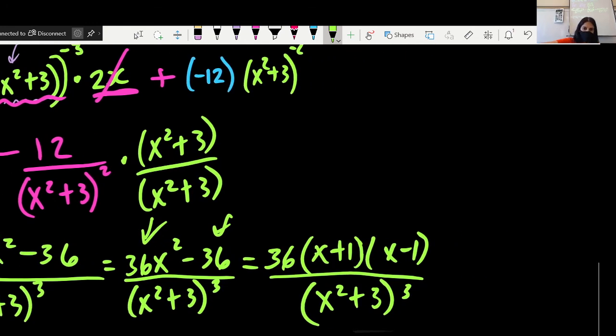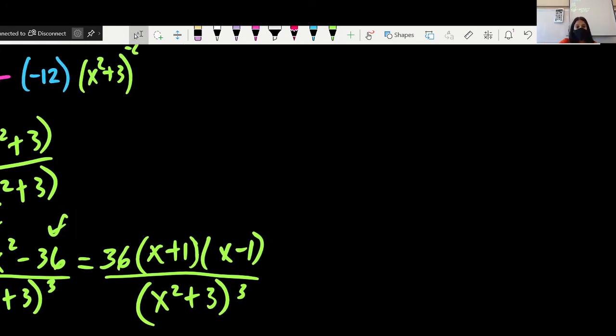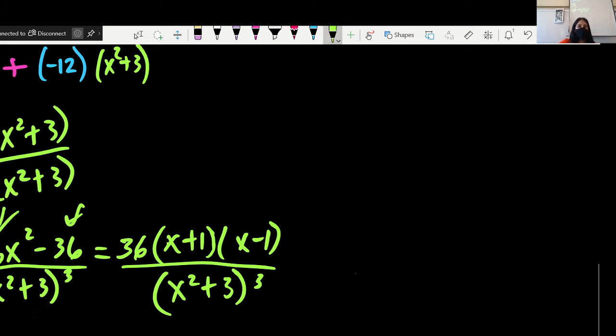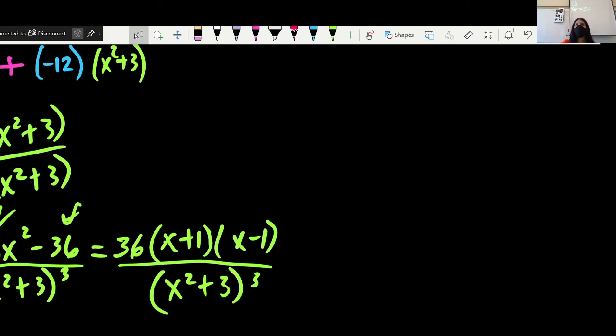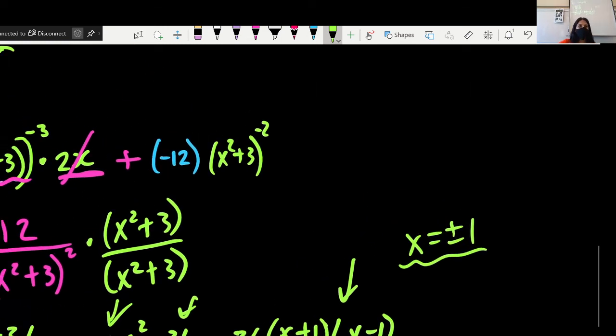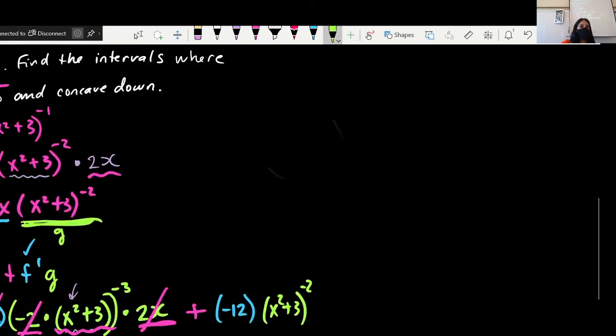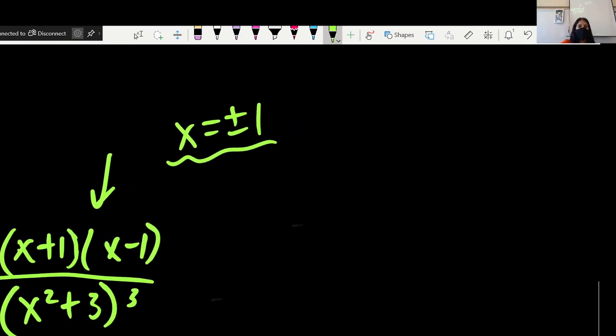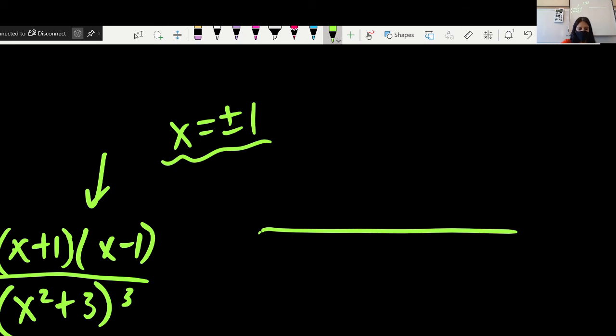So, going sideways because I'm running out of room, do you see that if I were to set this equal to 0, I would get that x is equal to plus and minus 1? From here, if I set it equal to 0, the bottom would cancel and the 36 would cancel. So the numbers I'm interested in are x equals plus or minus 1. I'm using this to find the intervals where it's concave up or concave down. So now that I know that, on a number line, I would be interested in, let's say, minus 1 and positive 1,